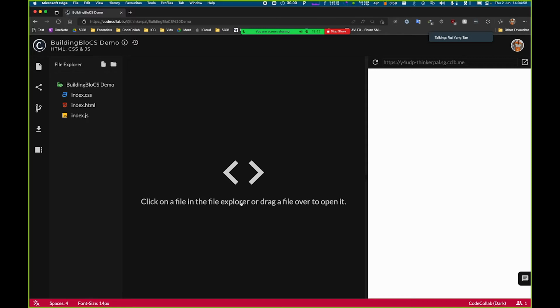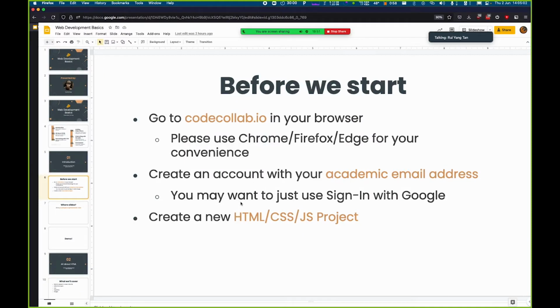So I repeat again: go to codecollab.io, create an account with your academic email address, create a new HTML, CSS, JS project. Yeah, the Wi-Fi here is a bit dodgy. Give it a while. If it doesn't work, just be a bit more patient. I don't know why also. The access point is just right up there, but for some reason,